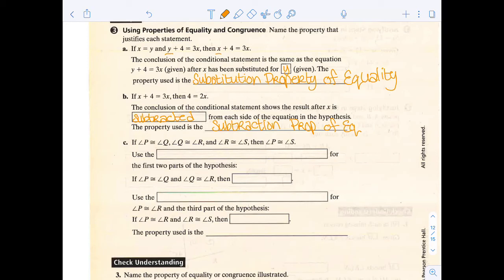Okay, part C says if angle P is congruent to angle Q, and angle Q is congruent to angle R, and angle R is congruent to angle S, then angle P is congruent to angle S. Use the transitive property, because that's the one that cuts out the middle stuff. Transitive property of congruence